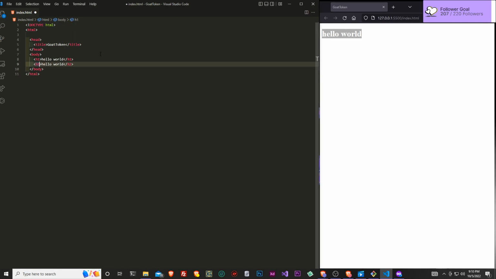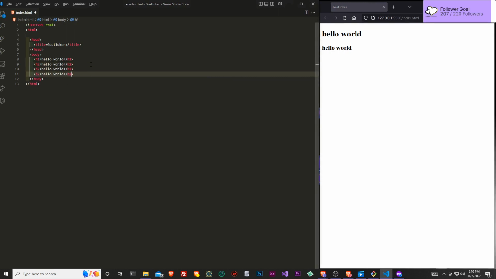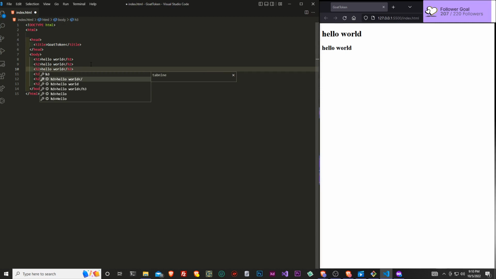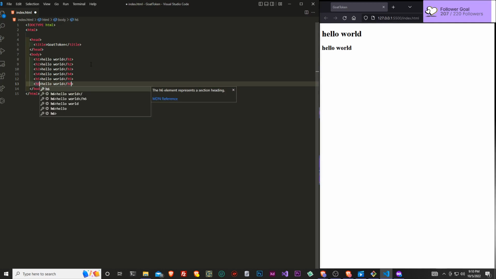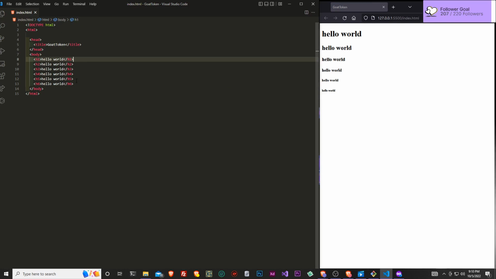So if we do an h2 of hello world, you can see that it's going to be a little bit smaller. Now, these headings go all the way down to 6. So there can be 6 of these headings, and every time it gets lower, they become smaller. You guys can see H1 is the biggest, H6 is the smallest.